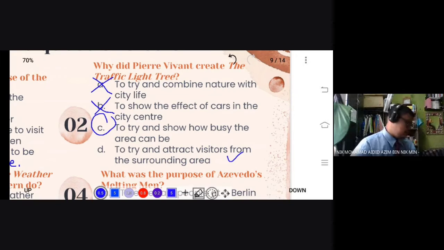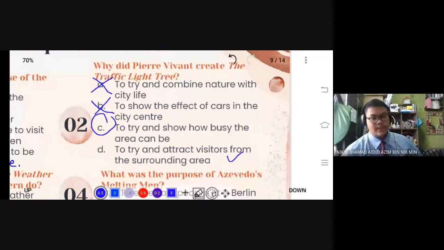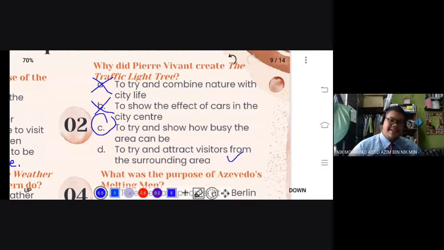In paragraph 4 about the traffic light tree, does the writer mention that the traffic light tree is to try and attract visitors from the surrounding area? No. It's okay. There is no mention at all, right?